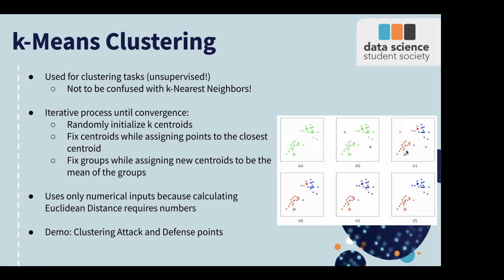And for the blue cluster, it tries to find the new mean again, and that becomes this cross. Then it does the same thing again. So it assigns all the points that are closer to the red as a red cluster, and all the points that are close to the blue cross as a blue cluster. And when that happens, it reaches a condition, and that condition is that the new clusters are